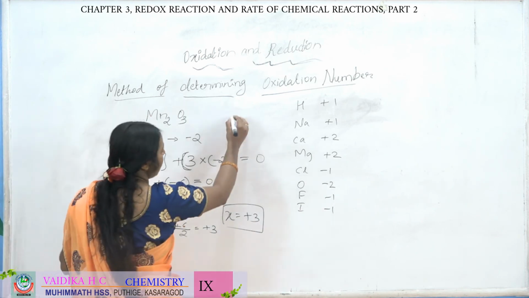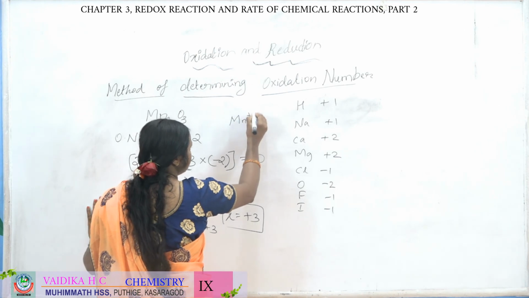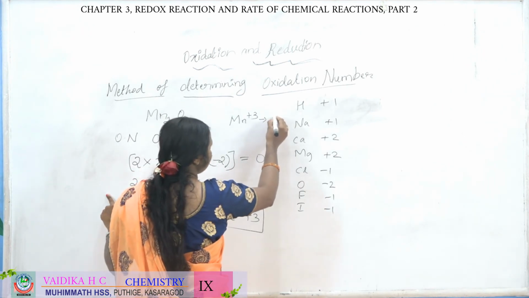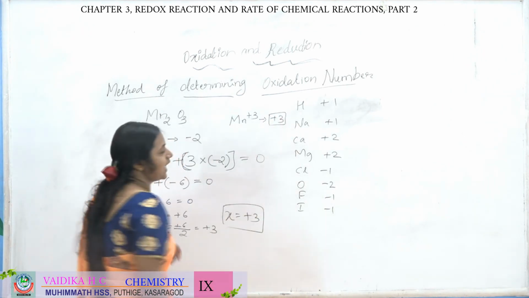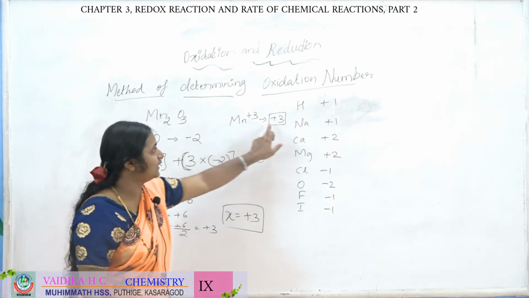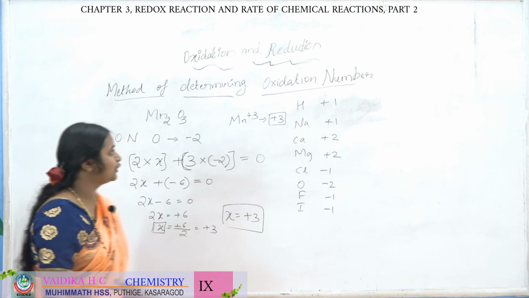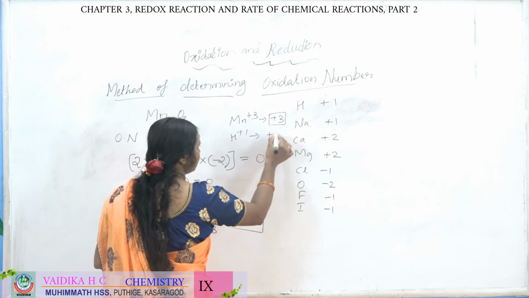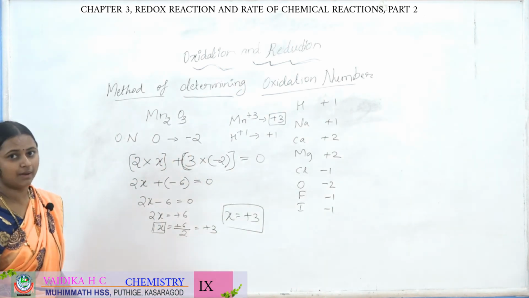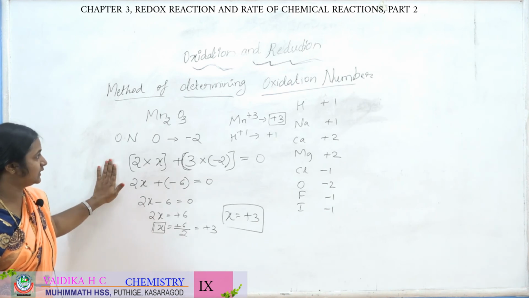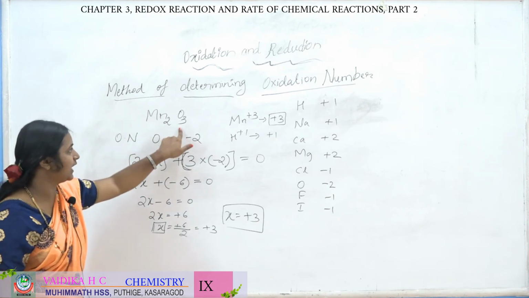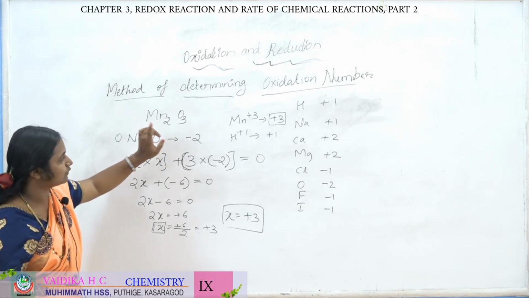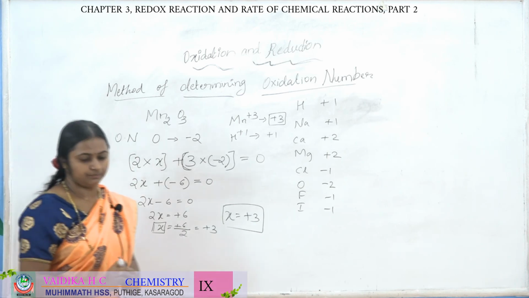As you know, all the ions will have a charge, right? Here we got manganese as +3. So this +3 itself is the oxidation number of that atom. So the charge and oxidation number will be equal. If you take any other example, H+, the formal charge of +1 itself is its oxidation number. Learn it. In the exam they will definitely give a compound and ask you to find out the oxidation number of any of the atoms present in that compound.